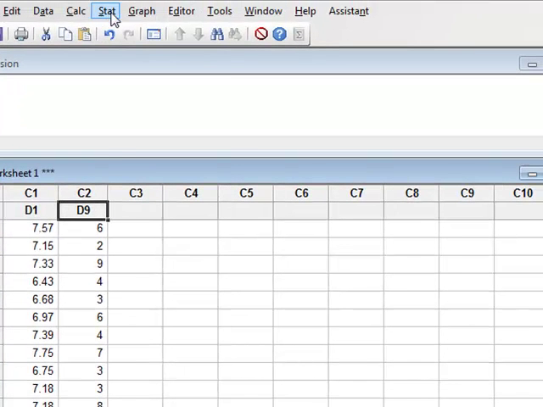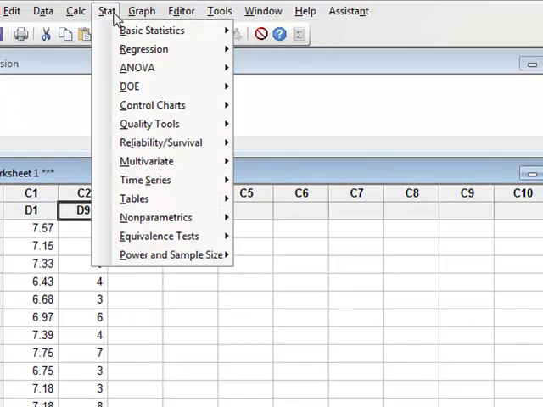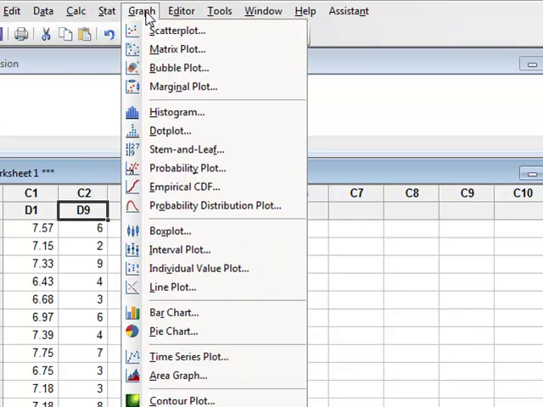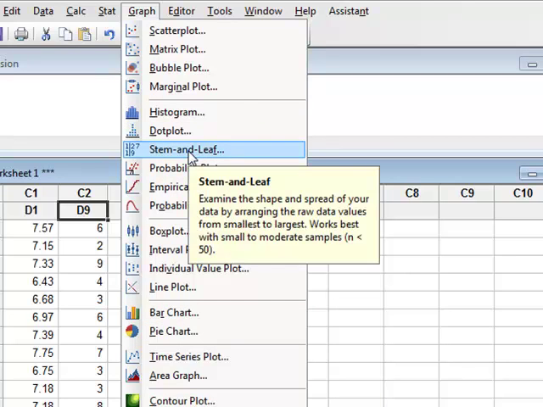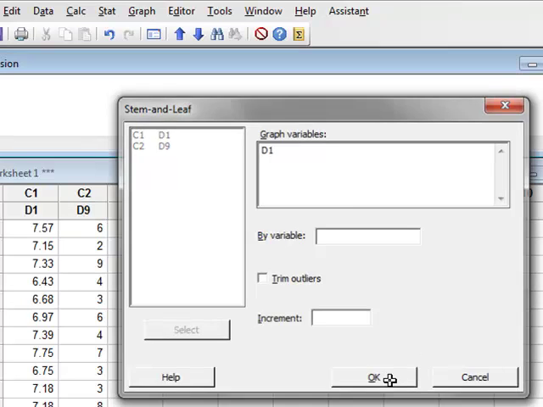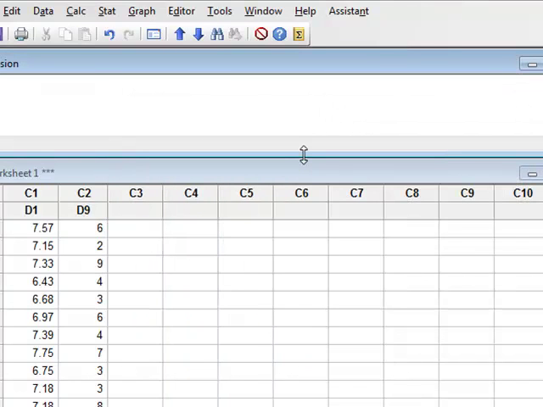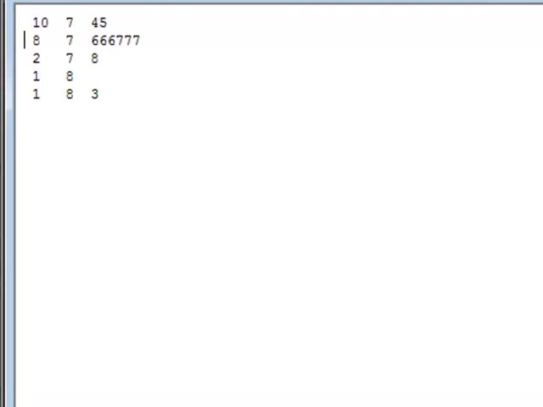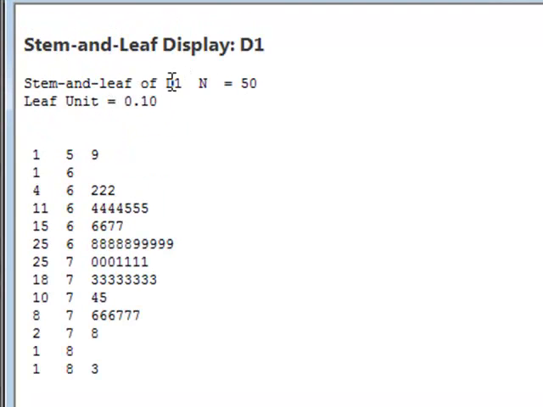We can describe data either through the stat option or through the graph option. We can do individual plots, for example the histogram, a dot plot, bar charts, pie charts. But we will start with a stem and leaf plot. We will use the variable D1. The stem and leaf plot will be printed in the session window, where we can see that for D1 we